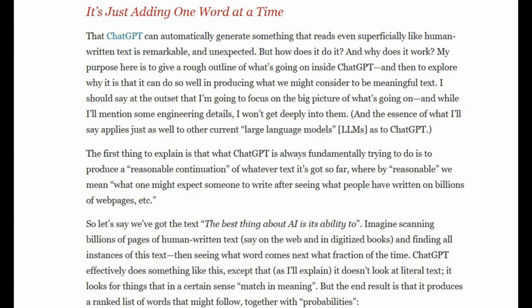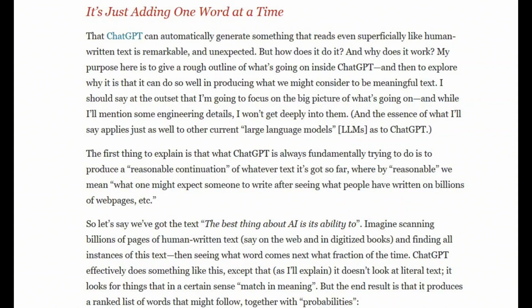The first thing to explain is that what ChatGPT is always fundamentally trying to do is to produce a reasonable continuation of whatever text it's got so far, where by reasonable we mean what one might expect someone to write after seeing what people have written on billions of web pages, etc. So let's say we have got the text: